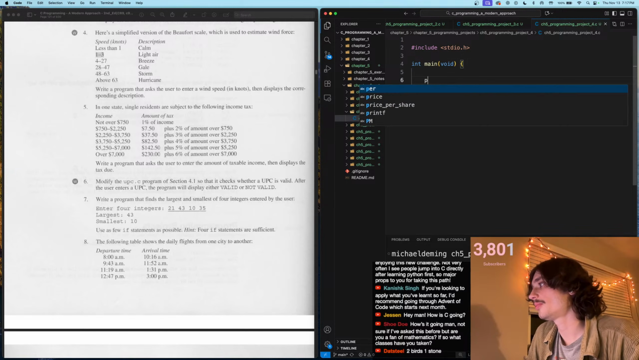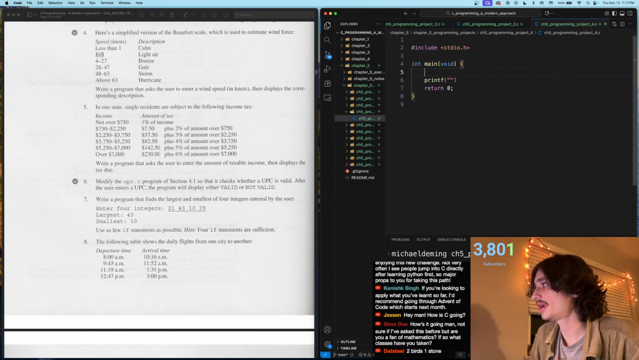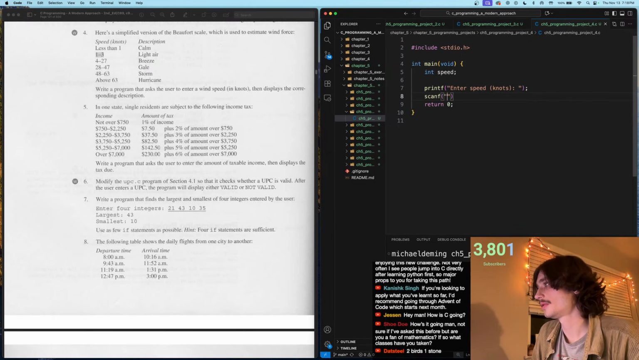So we have printf, and we're going to have an int speed. Printf "enter speed in knots", right? And let's do scanf, and we'll insert the integer and put in speed. And then let's do